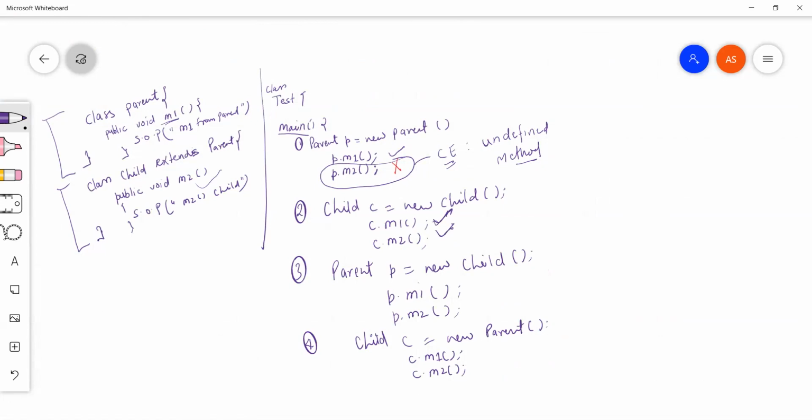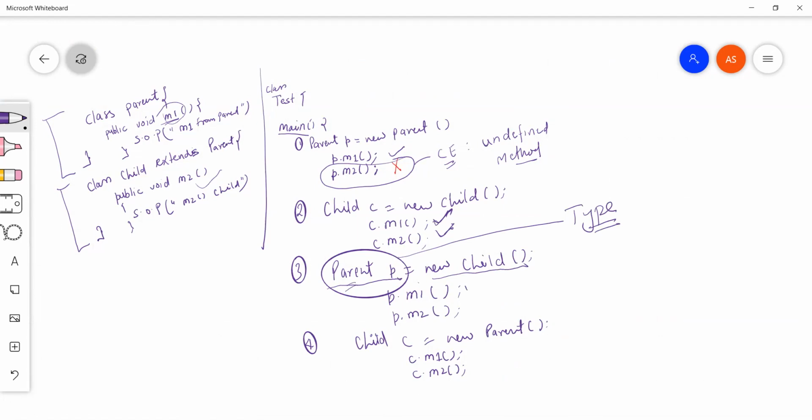Now let's talk about the third scenario. Here we have a reference of the parent class and an object of the child class. When we say P.M1, yes, we have M1 in the parent class. This is called type. What is the type of P? It is parent. Do we have M1 in the parent class?